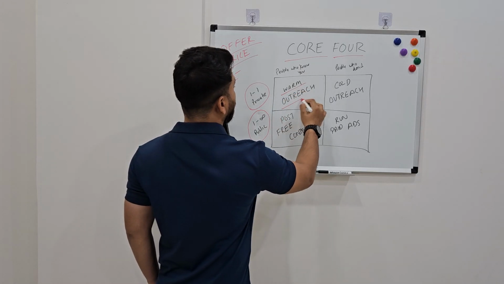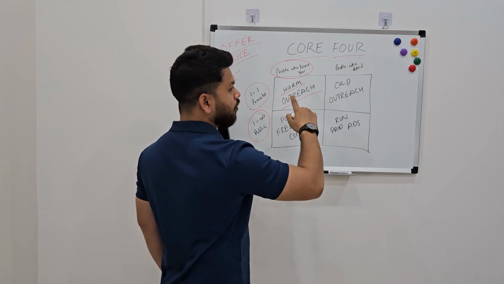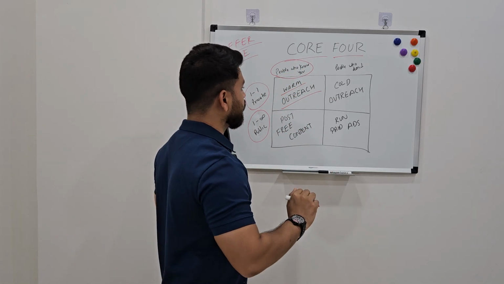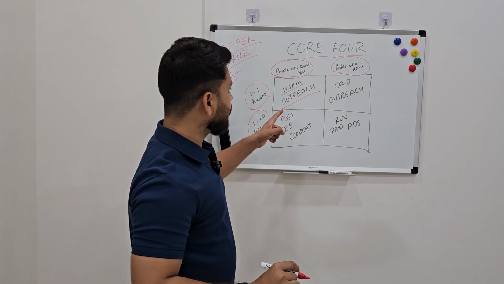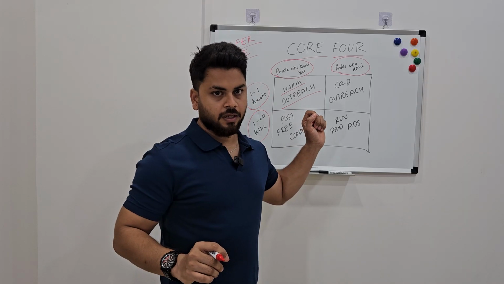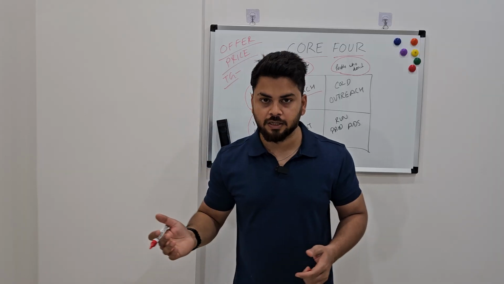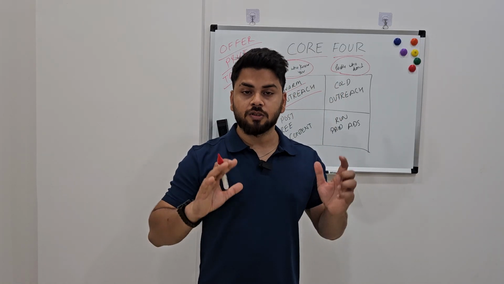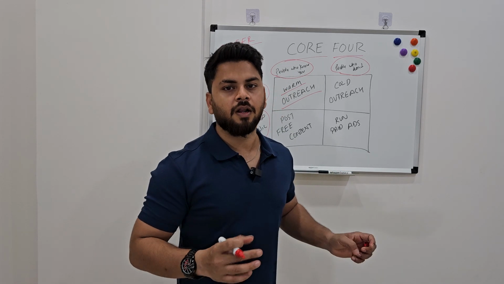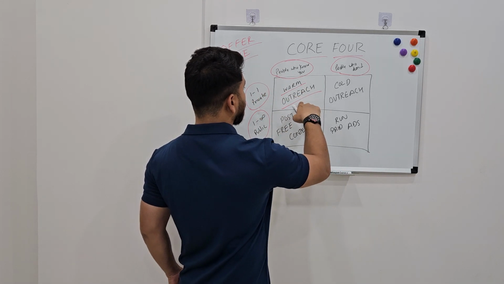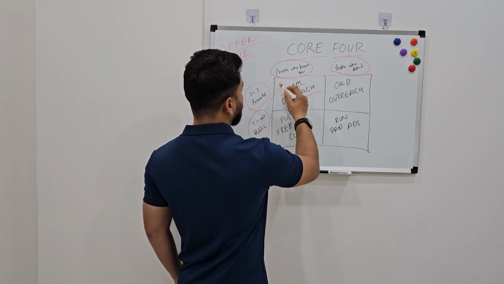Now first understand warm outreach. The second category of people that you will generate leads from is two areas: people who know you and people who don't know you. People who know you are the warm outreaches. For example, people in your contact list, your WhatsApp list, your Facebook friends, your LinkedIn connections. Those are people who already know a little bit about you or have some acquaintance, you met somewhere, so they know about you. This comes under warm outreach. So if you do one to one private with people who know you, it's warm outreach.